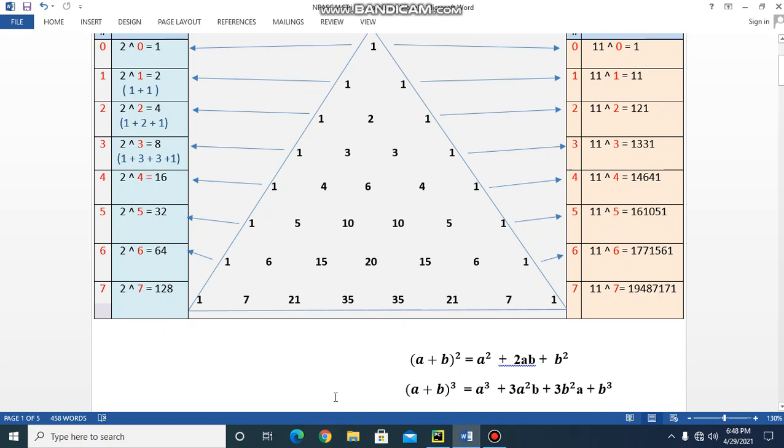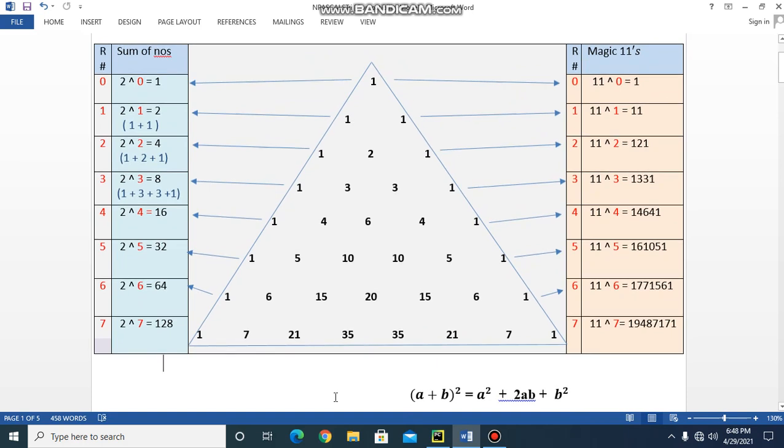Now, we will see some other properties of this triangle. The sum of the rows gives the power of 2. That means here the sum of the row is 1 plus 1, and power of 2 means 2 raised to the row number. 2 raised to 1 is 2, which is the sum of the elements in that row.